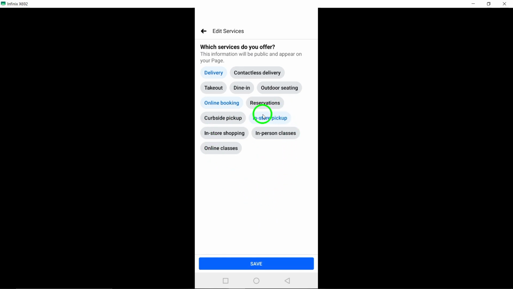Congratulations! Your services are now prominently displayed on your Facebook page, making it easier for customers to understand what you